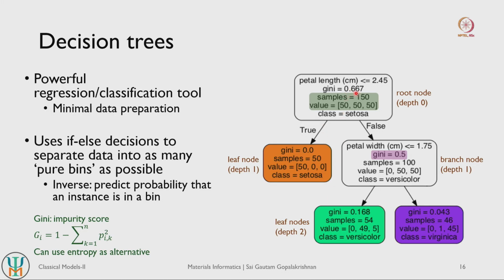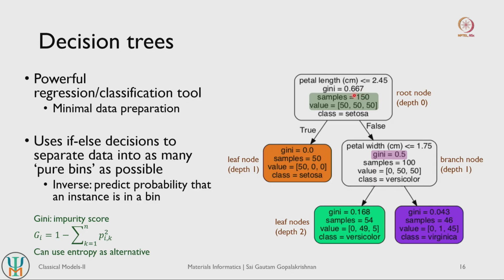When decision trees do this classification, what they try to do is identify the threshold values that minimize the Gini scores. So how are Gini scores defined? They are defined by this mathematical form here. It is basically 1 minus the sum of the squares of the probabilities of misidentifying one data point as another. I will give an example.